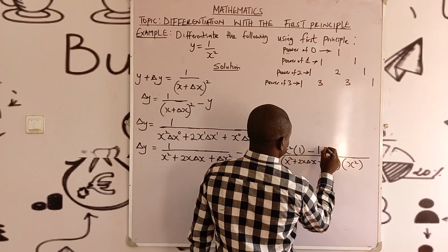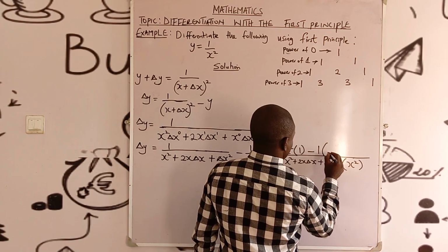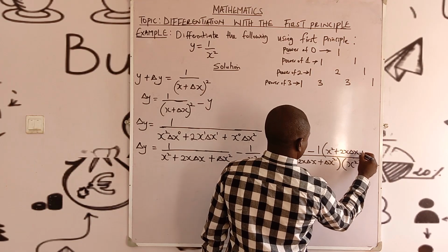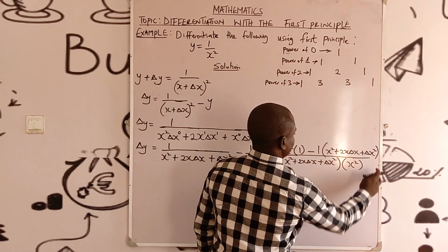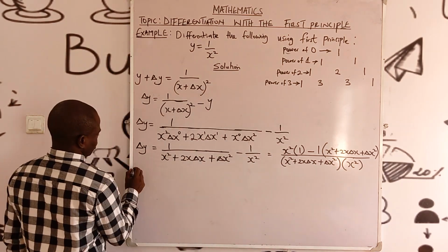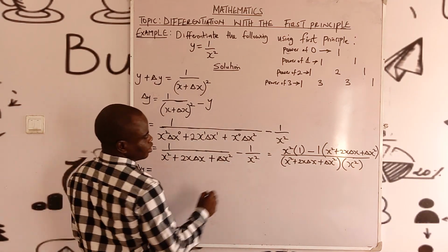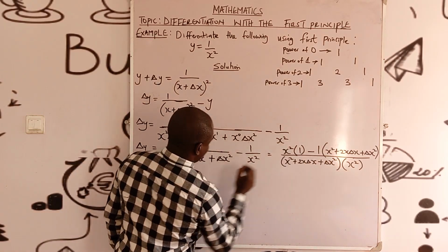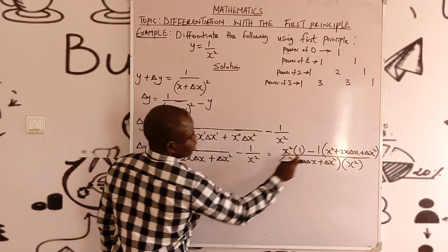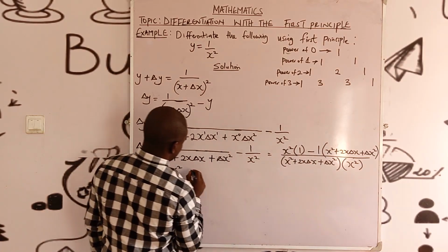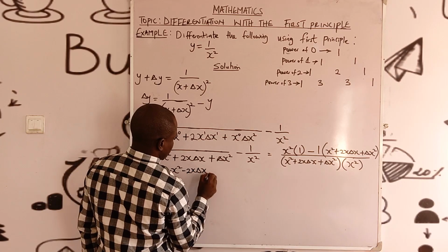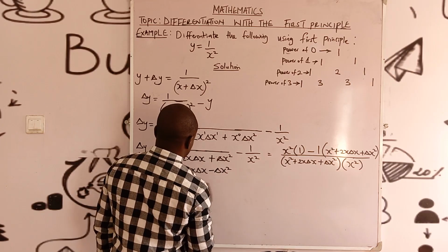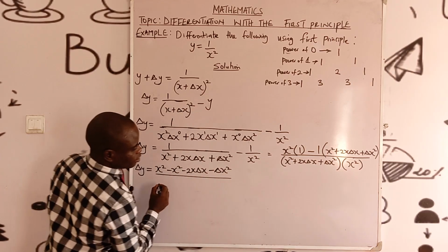minus 1 multiply by x squared plus 2x dx plus dx squared. dy equals x squared times 1, that is x squared, minus 1 to open all this bracket becomes minus x squared, negative times 1 times this, negative times 1 times this will be minus 2x dx, minus 1 times dx squared, minus dx squared, over